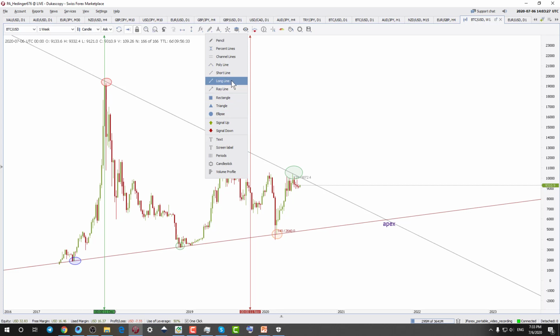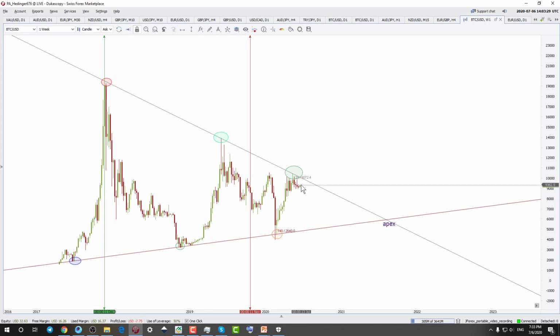So in this case, if the pattern breaks to the higher side, then we will not enter a position until it retests the level, this falling line, or at least this apex for a retest. Eventually it will go higher, which happens most of the time, and this will be an area of buy in case it happens.